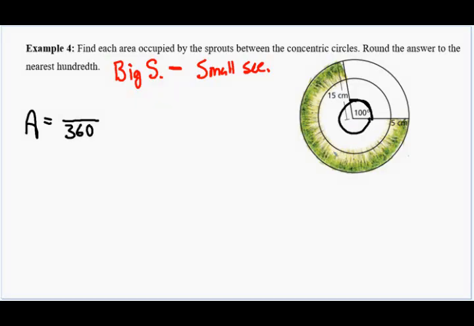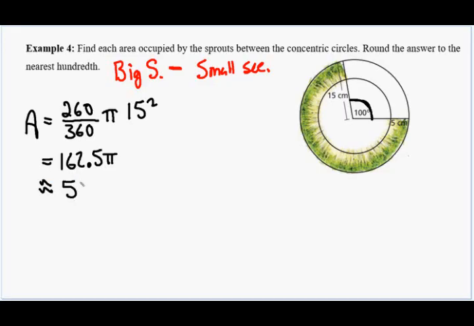We're looking at the rest of it. So 360 minus 100 is 260. There's our fraction, 260 over 360. And then it's going to be pi times big radius is 15, so that's 15 squared. So if we punch that in our calculator, we're going to get about 162.5 pi. And if we multiply the 162.5 with the pi button, we get 510.509 centimeters squared. So that up here is the big sector, big S,